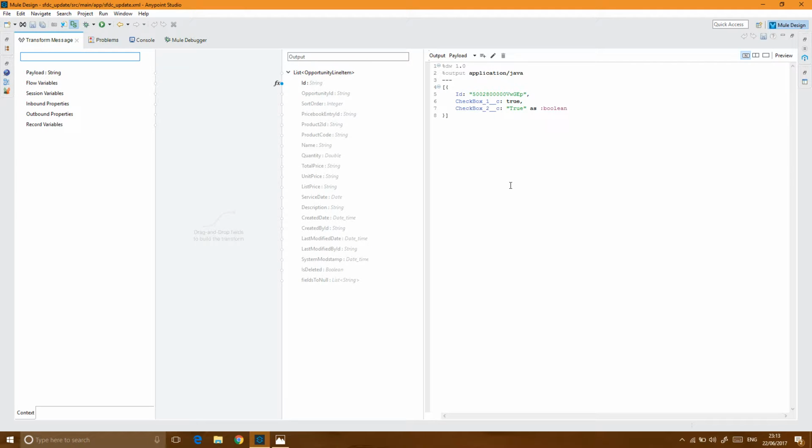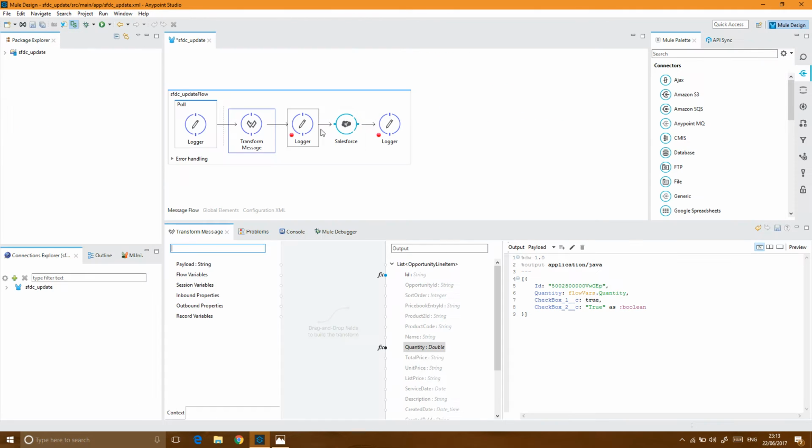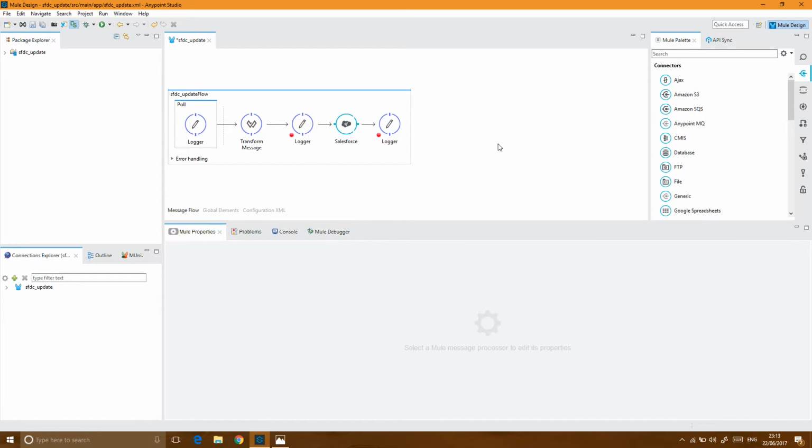And now if I want to add something, let's say quantity, then all I need to do is double click on the quantity, and it will automatically add this quantity field over here, and here I can mention the value from wherever I want to get this value. Let's say I want to get this from flow as quantity. So this is how we can use metadata to make our work easier. Metadata is only in one direction.